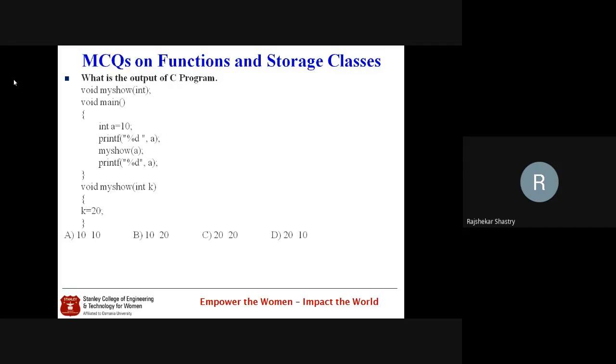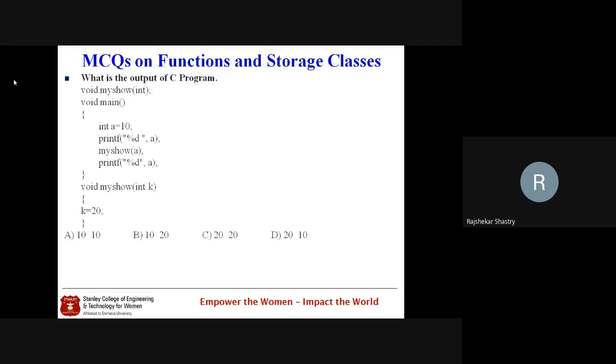So the copy of A is generated and the copy value 10 is stored in K. So K is holding 10 as usual when it is passed. And that K in the body of my show method is changed to 20. You change that K value, that does not reflect or change the value of A because we are going in call by value mode, not call by reference mode.